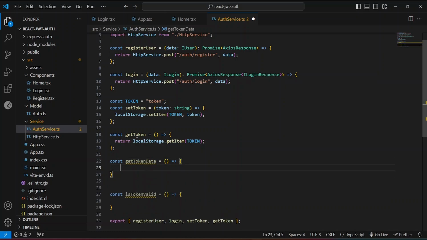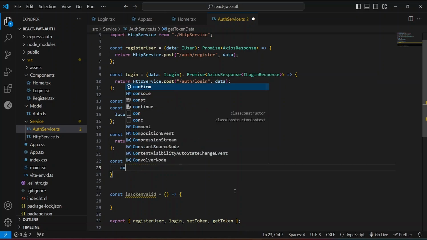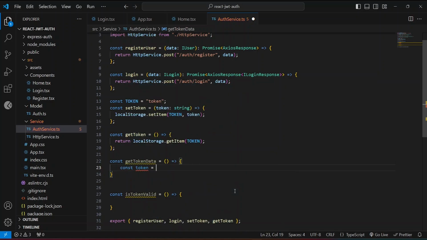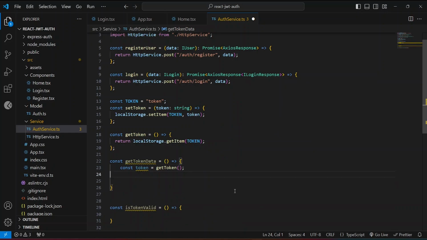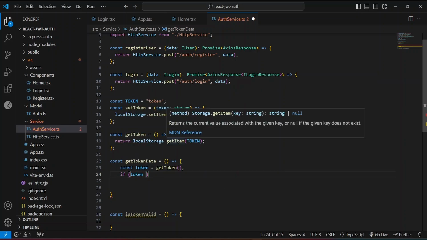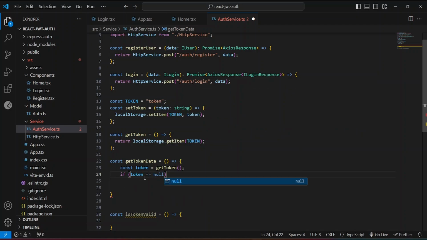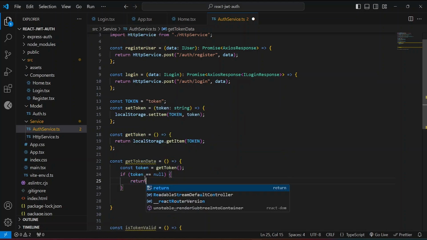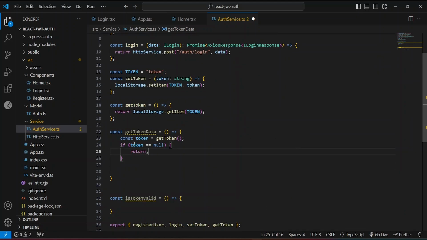We will need the token first. So let's take the token from the getToken method. Here we got the token. Okay, if there is no token, if there is nothing, it will be null. If it is null, we will just return. If there is no token, we will just return, right? And if there is a token,